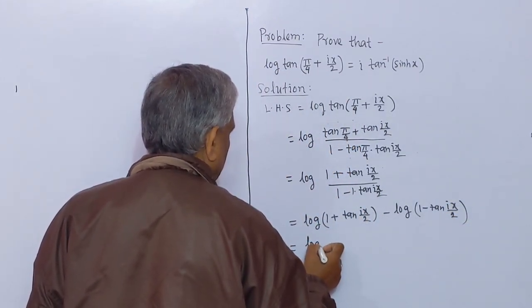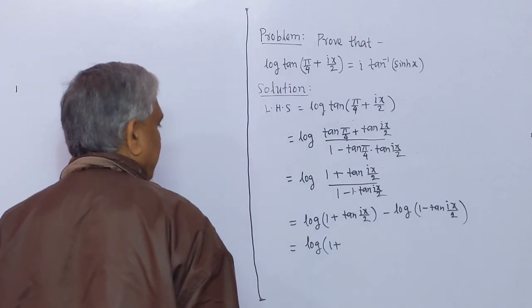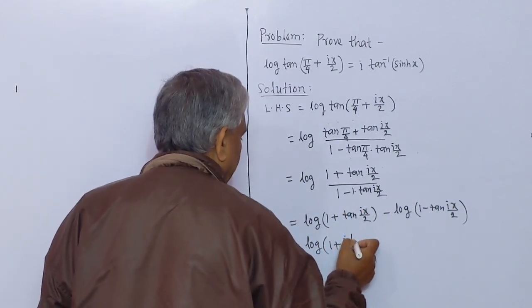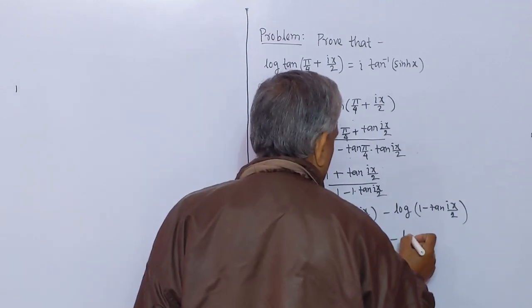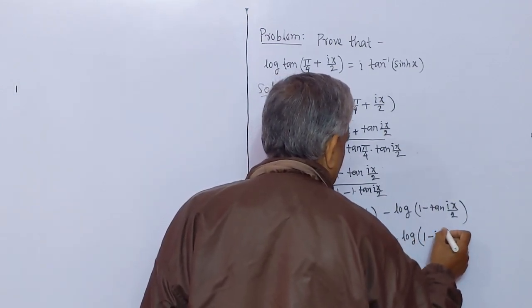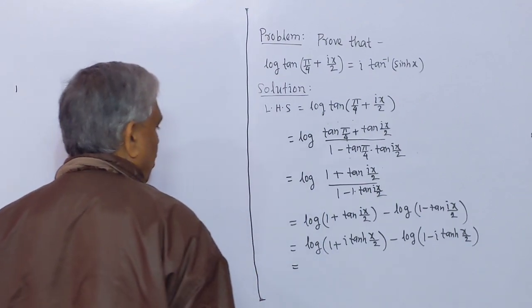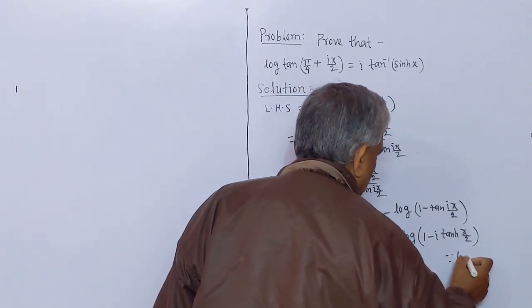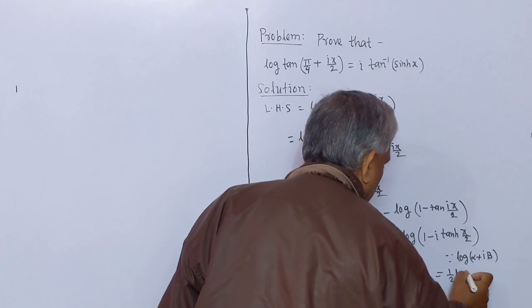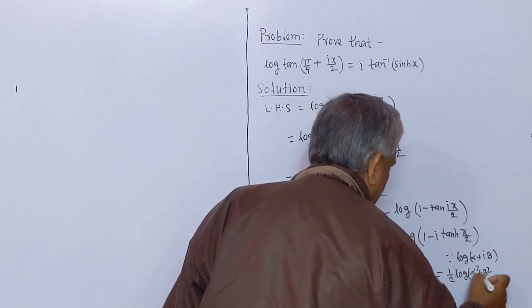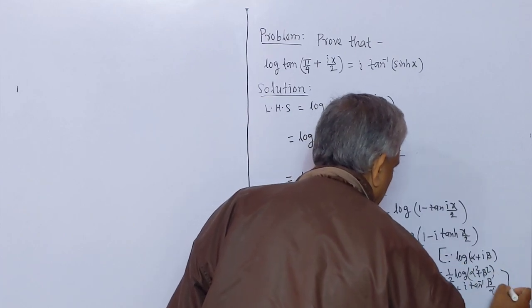This is equal to log(1 + tan(ix/2)), and here tan(ix) means i tanh x, so it is log(1 + i tanh(x/2)) minus log(1 - i tanh(x/2)). Since log(alpha + i beta) equals half log(alpha square plus beta square) plus i tan inverse(beta by alpha), we use this formula,